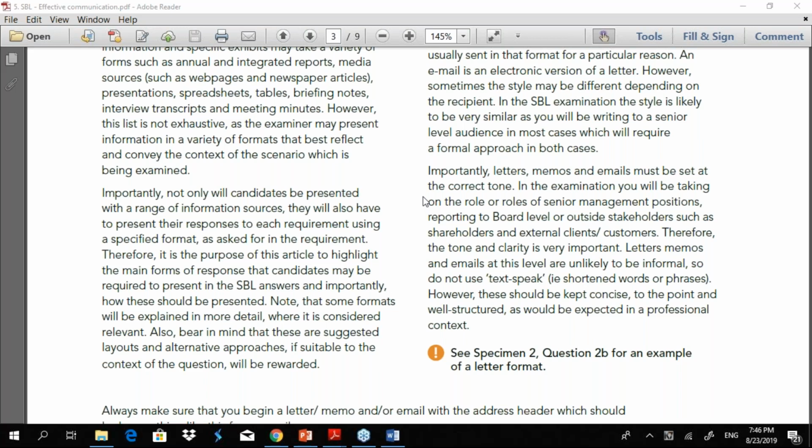Let me repeat that again. More than writing the answer, you must understand how to write the answer. Then what to write becomes easy. Manager is talking to a junior member of the staff. So should he explain more or less?